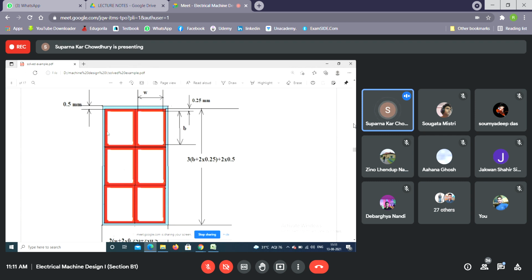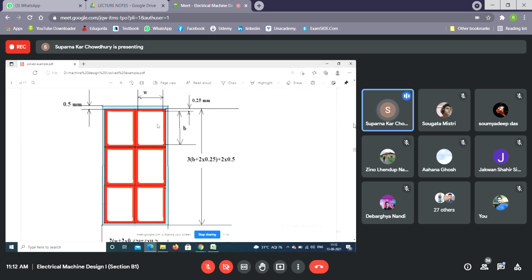Again, if we go for height to width ratio more than 5, that means this side is very large, so this will be very thin. So that will reduce the mechanical strength. Now, first of all, one thing I should explain, why we go for rectangular conductor. Now, when we